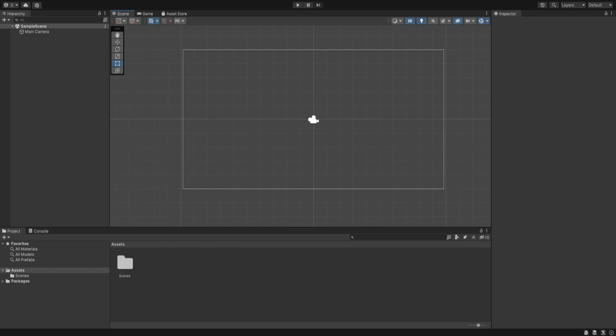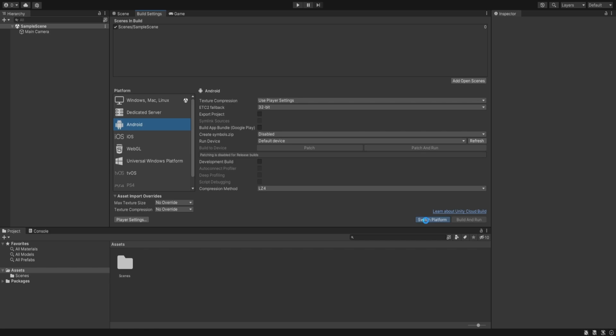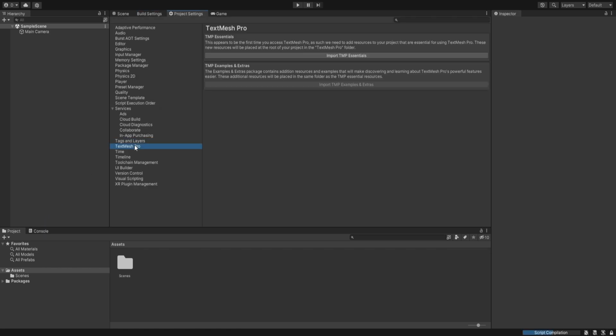So let's set up the project first, and we have an empty project in which we just have the sample scene, which we are going to delete later. Let's start by changing our build settings. The first thing we'll do is switch our platform to Android, because we don't want to use a couple of packages which are for Windows, Mac or Linux or whatever build you are using. So we'll switch our platform to Android first, and after that we'll go inside our project settings and import TextMesh Pro. It is going to be directly imported from here,